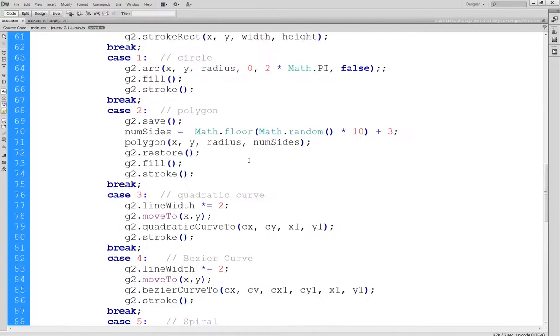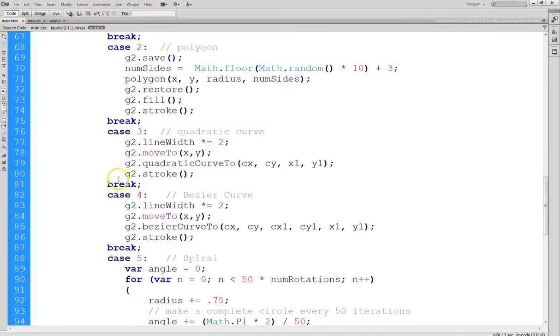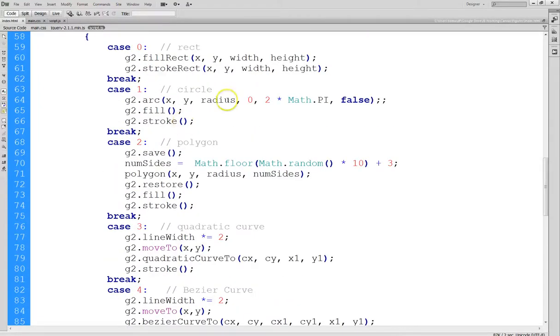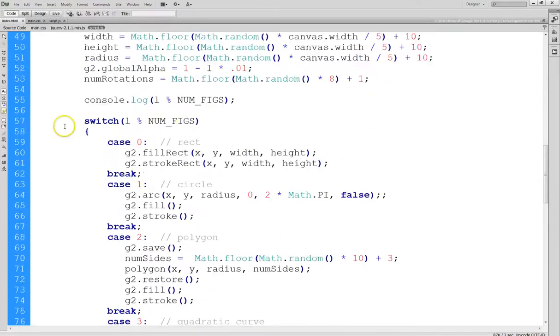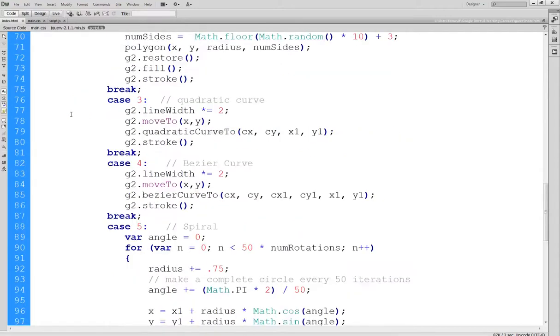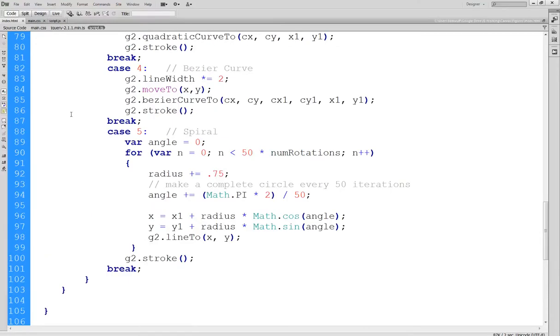I just wanted to show you how I chained these all together in a switch statement so I get this variety. Now it is very regular. It does draw them in that order, and if I wanted more randomness, then I'd have to basically randomize this value so it wouldn't always be in order. But it works pretty well this way with 100 figures. It looks pretty random, and again, of course, the figures are all randomized too,